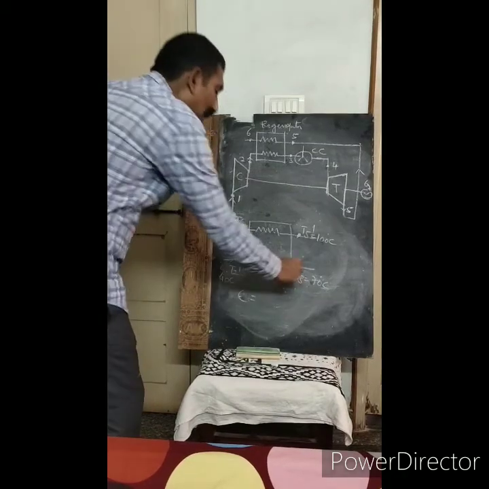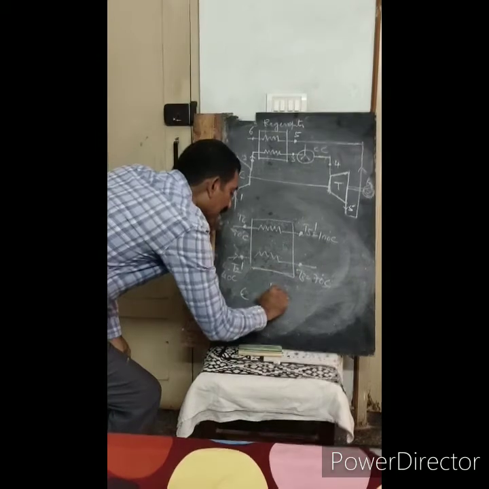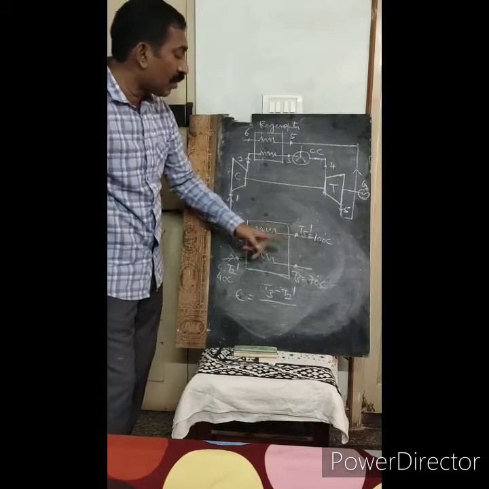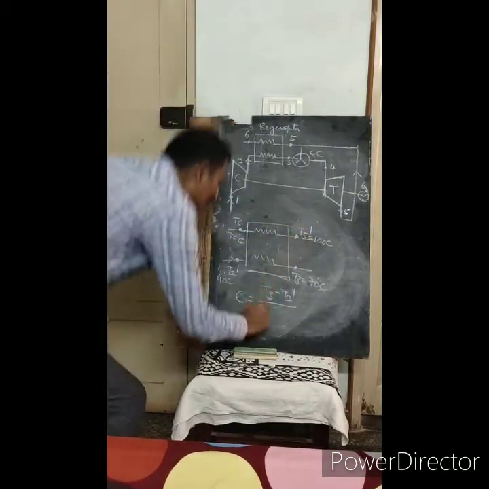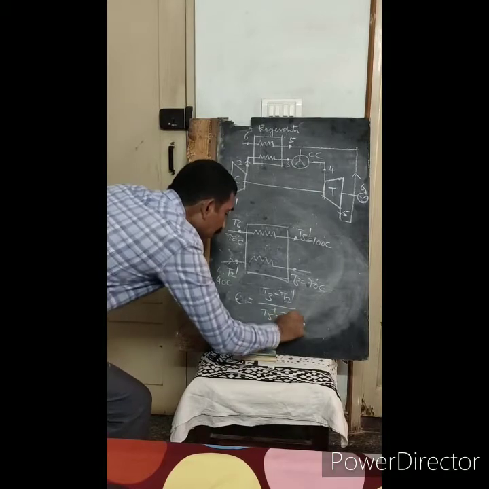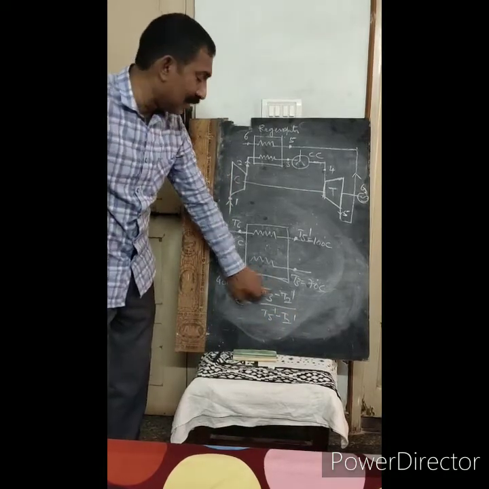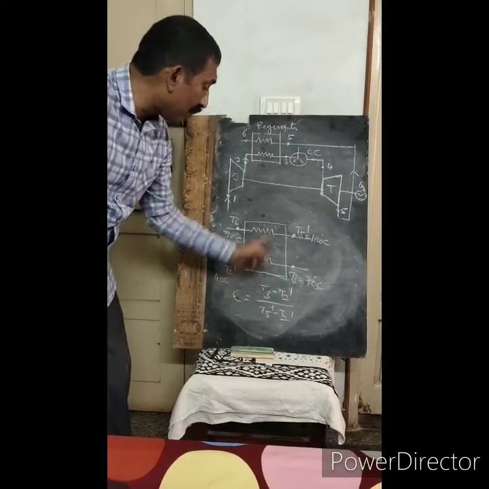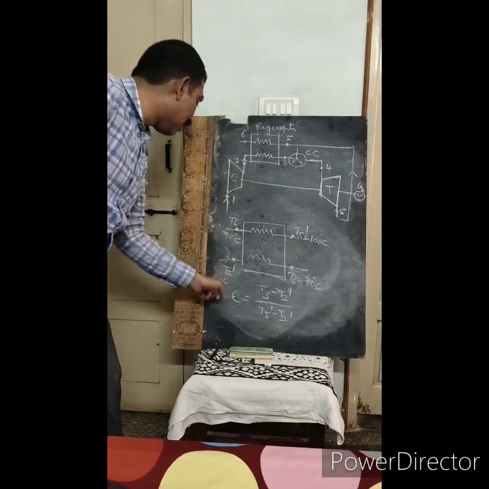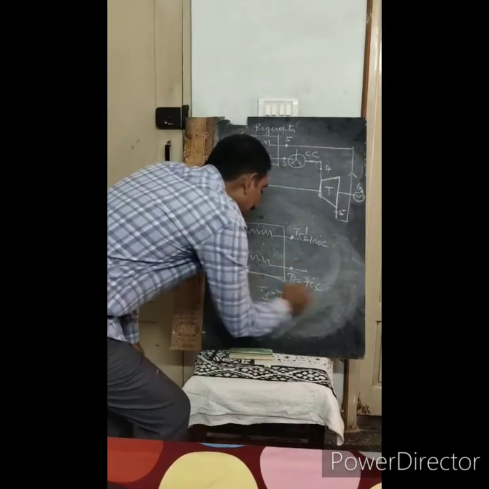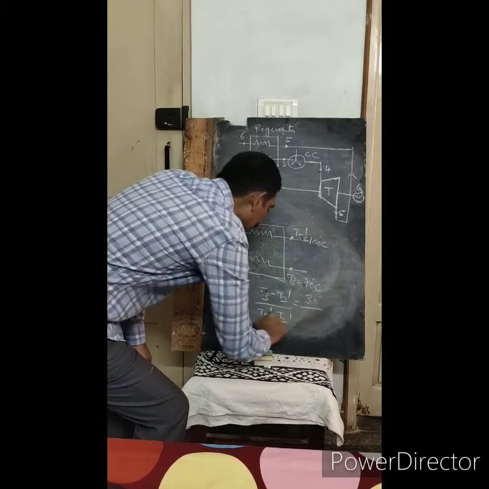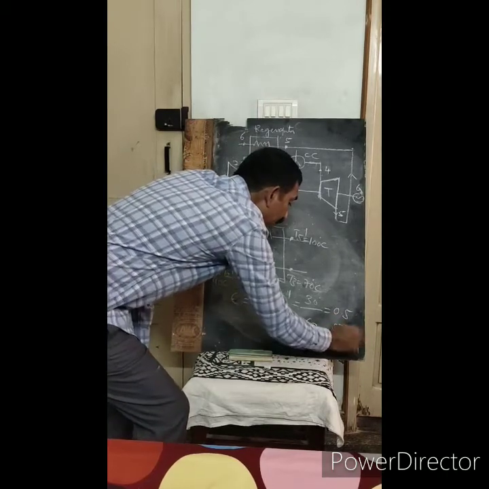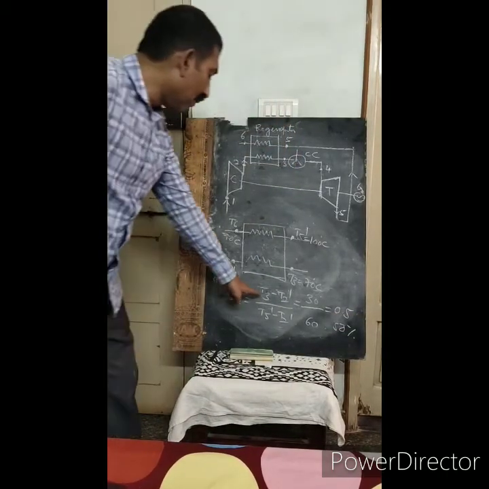It is defined as the actual amount of heat transfer divided by the maximum amount of heat that can be transferred. The actual amount of heat transferred is T3 minus T2 dash. The maximum amount of heat that can be transferred is T5 dash minus T2 dash. With this example, the actual heat transferred is just 30 degrees centigrade, and the maximum heat that can be transferred is 100 minus 40, which is 60 degrees centigrade. So it is 30 divided by 60, which is 0.5. The effectiveness is 50%. So this is how we can find out T3.